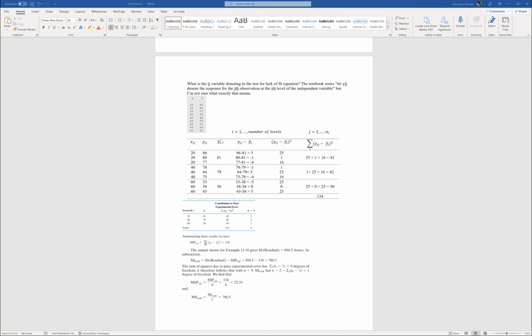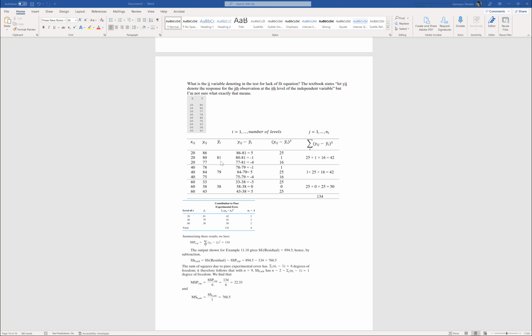Okay, y bar i is the group mean for group i. So if you average 86, 80, and 77, you get y bar 1, 81. If you average 78, 84, and 75, that's y bar 2. The average of group 2, 79. If you average 33, 38, and 43, that's y bar 3. That gives you 38. Now I'm going to break down this piece, the contribution to pure experimental error, by taking